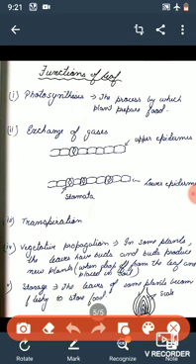Now the fourth one is vegetative propagation. In some leaves, as we have studied, the margin has some notches. On the margin of the leaf, there are notches, depressions, and in those depressions buds are present, like in plants such as Bryophyllum. When the bud gets detached from the leaf and falls on the soil, a new plant is produced from that bud. That type of development of a new plant from a bud is vegetative propagation.